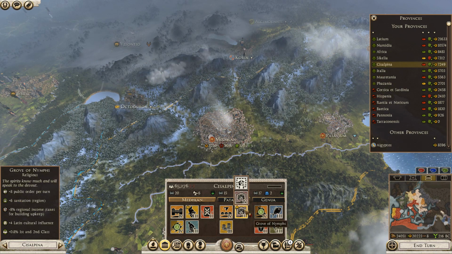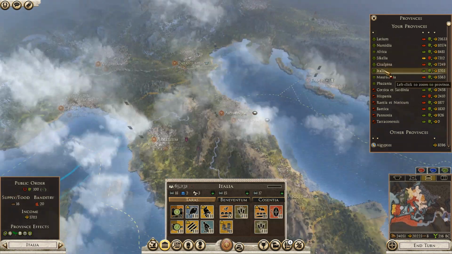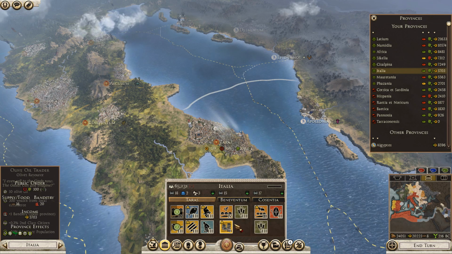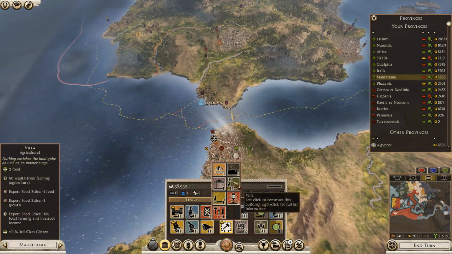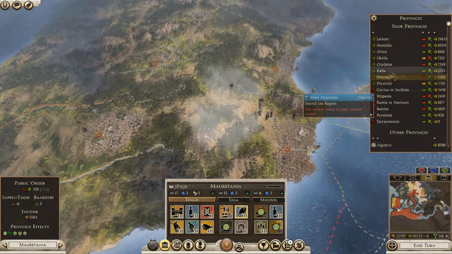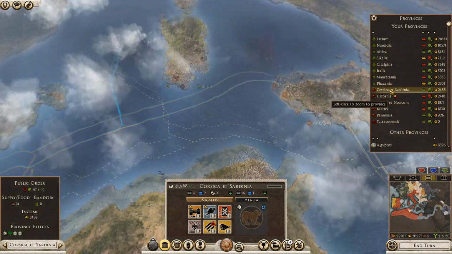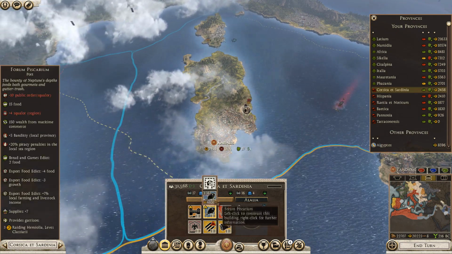Cultural influence minus 10%. I don't think I really need that just at the moment. Latinum, that's going to need food as well. This is public order. Public order's not that strong, and we're building 2 buildings here as well. Okay, we got this here. I'm going to drop some food into here because we do need to get that up. And more. Yeah, I'm not really that interested in that. Corsica, Sardinia. We could go with